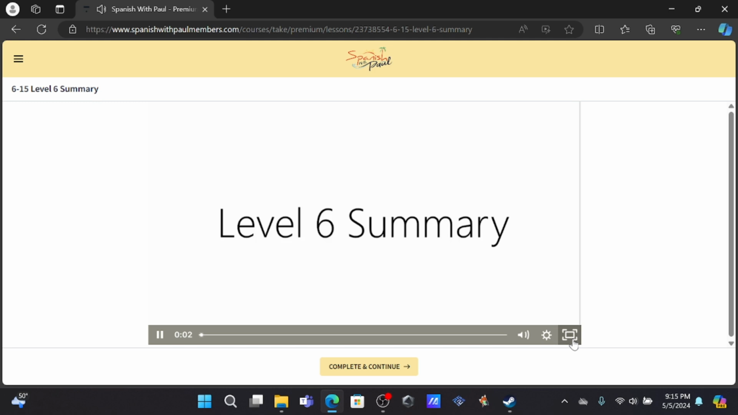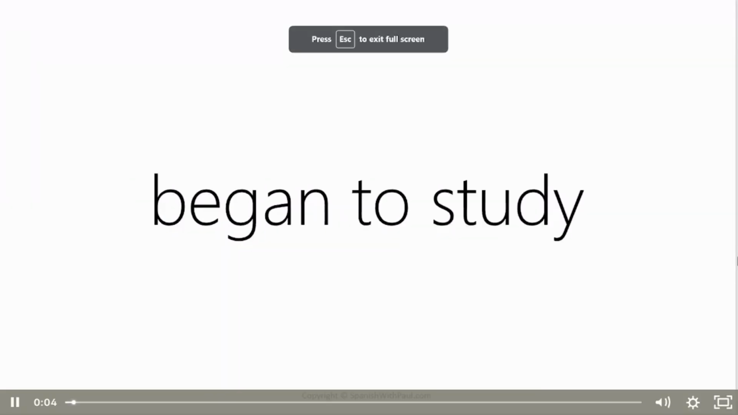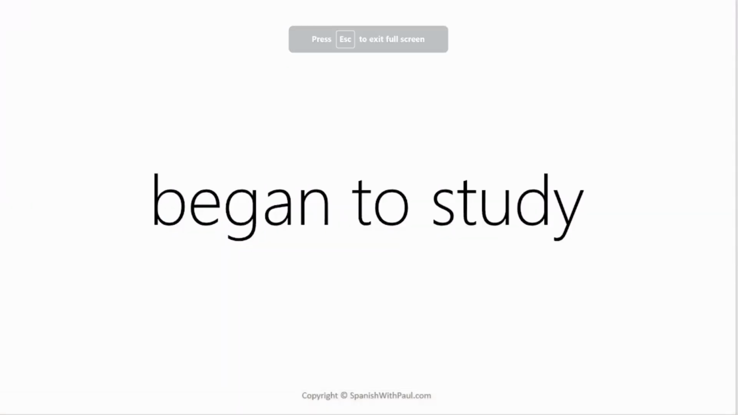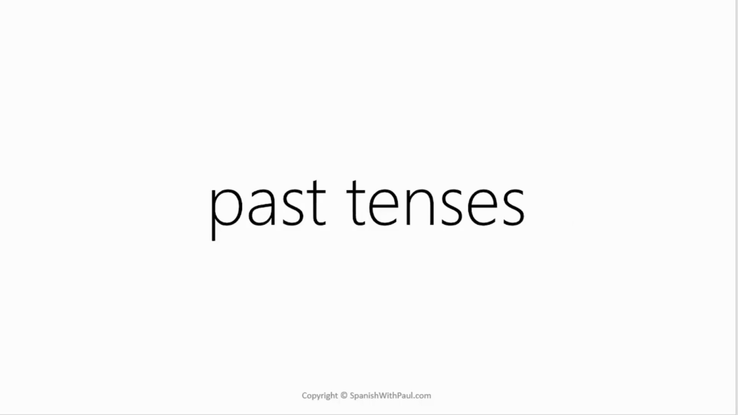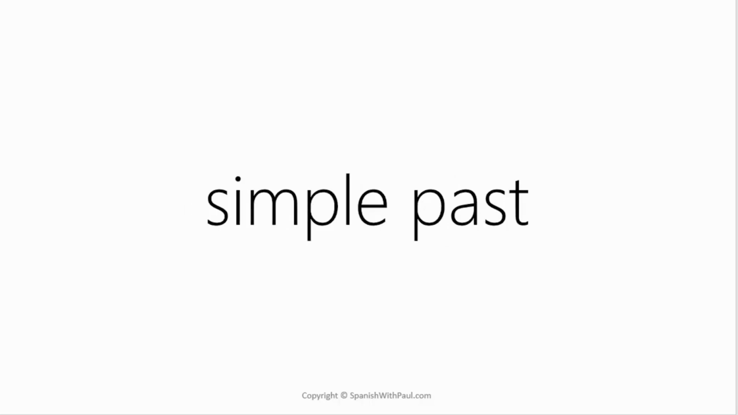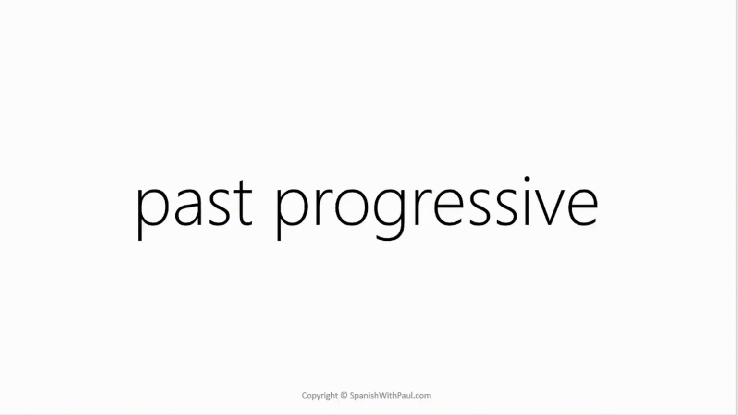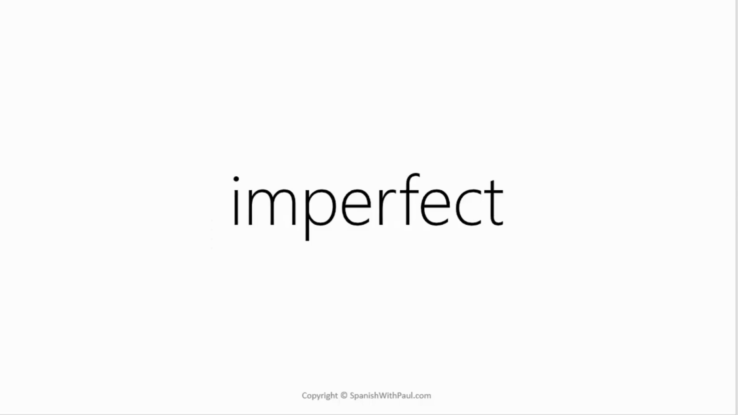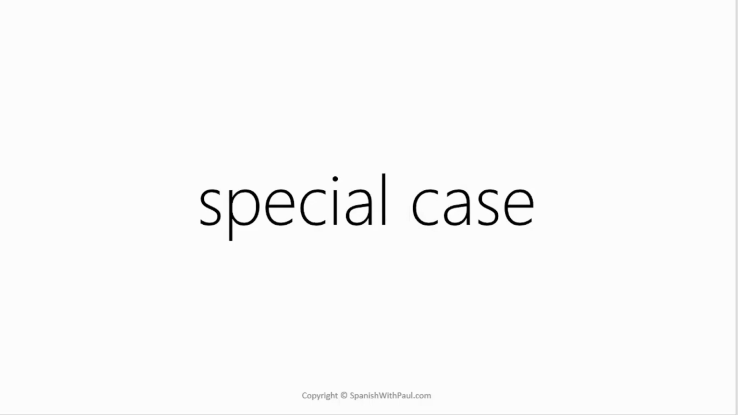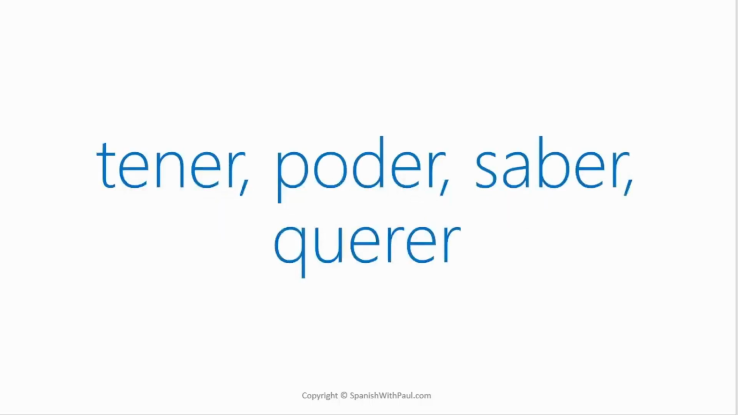Summary for level 6. For me, what we began to study in a serious way was the past tenses. And this is a very deep subject in Spanish. So we looked at the simple past, how to form it, and when to use it. We also looked at the past progressive and the imperfect, as well as special case verbs, such as tener, poder,